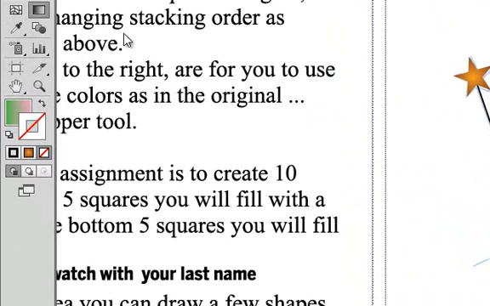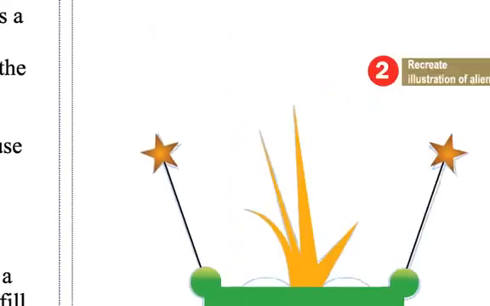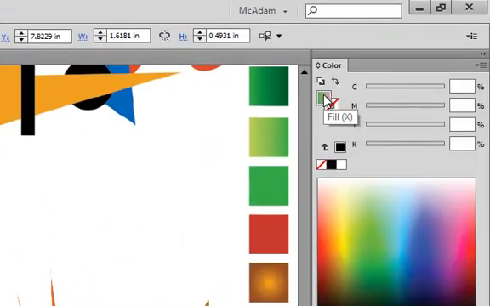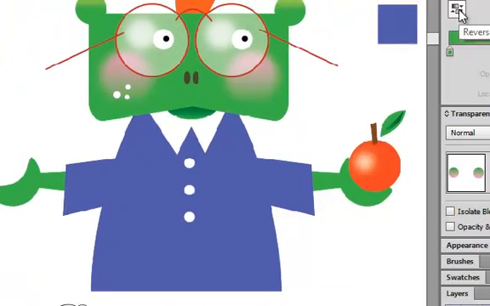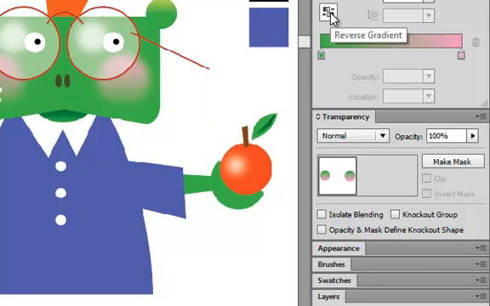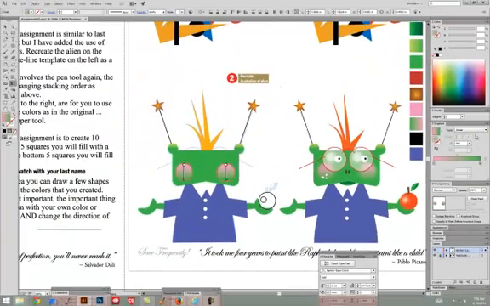So you take your gradient tool again. Click, make sure that you click on the gradient like that, and then you can click, drag. Now, as you can see, I went top to bottom, and it should be bottom to top, but very easily you can click here, reverse gradient. That's fairly new, so that's kind of nice. You don't have to redraw it. You just flip the gradient